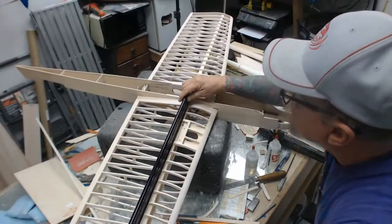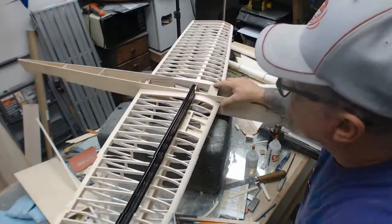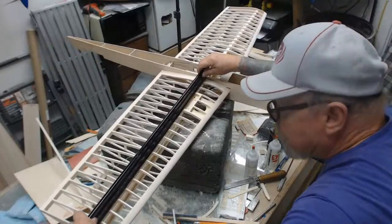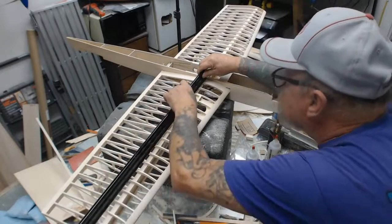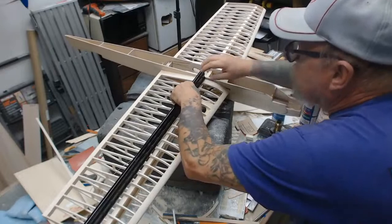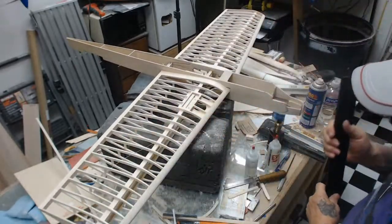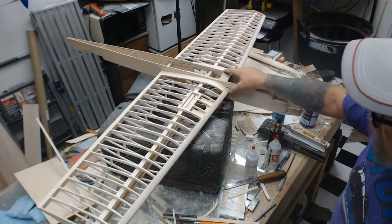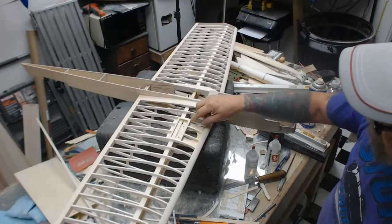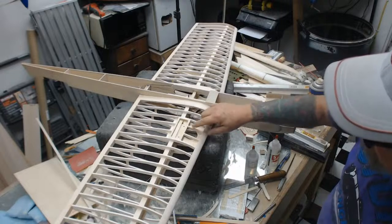You know what? Oh yeah, it is high. It is way high. Keep sanding. I replaced this rib and jockeyed with these ribs and added all this stuff. So